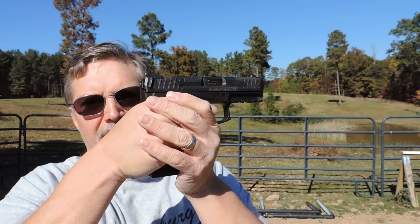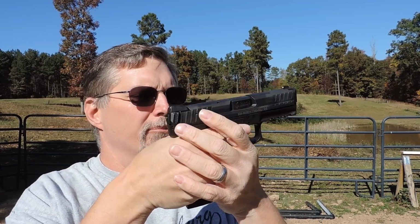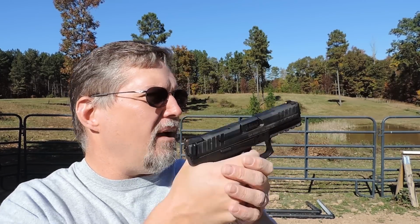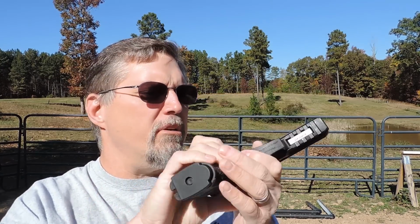A couple of things that I really like about this gun: ergonomically it fits my hands better. It has a better palm swell for my small hands, and I like that. I also have less trouble with the trigger finger on the VP9. Now, that being said,